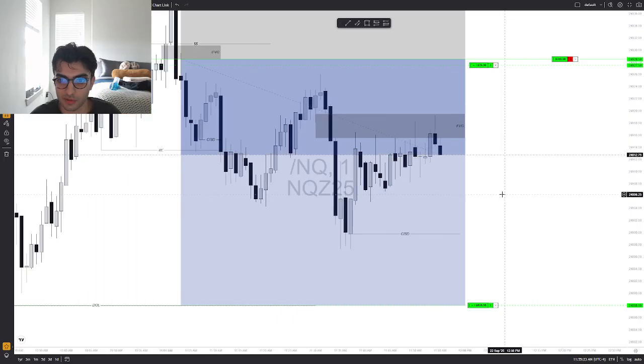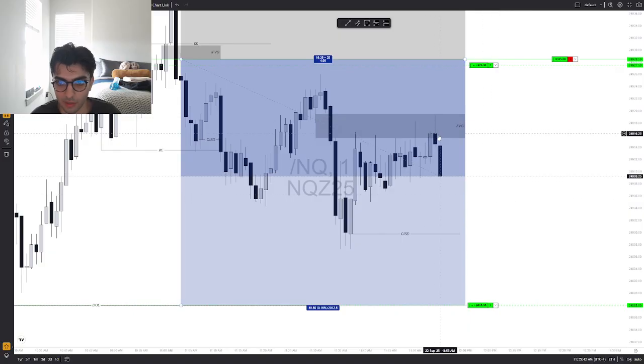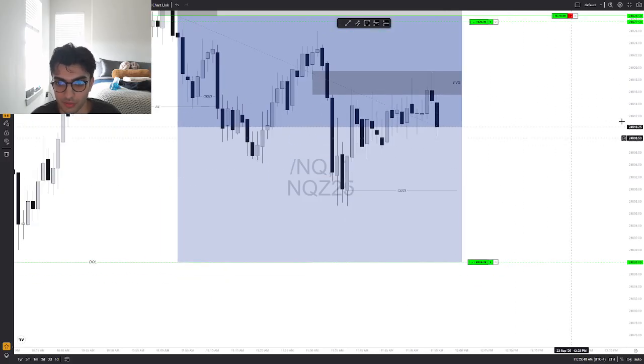It's times like these where you gotta be patient and be humble. If the market isn't doing what you want it to do, be humble. Take it on the shoulder. Live to see another day. Secure profit to see another day. So in this case, I got the dump I wanted. I said I wanted to see it tag into the fair value gap, accumulate the orders, which it did a lot of, then dump in the original direction.